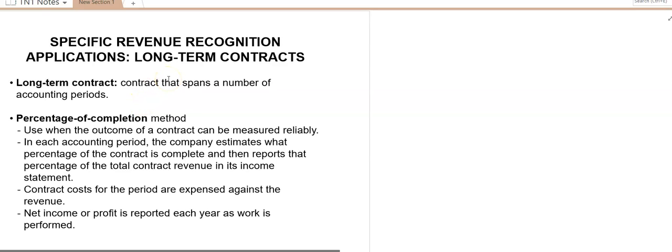In this tutorial, we cover specific revenue recognition applications and we start with long-term contracts. A long-term contract is one that spans a number of accounting periods. For example, a construction contract where a bridge or a building is constructed over a number of years, that is, accounting periods. Such long-term contracts raise issues in determining when the earning process has been completed and the revenue recognition